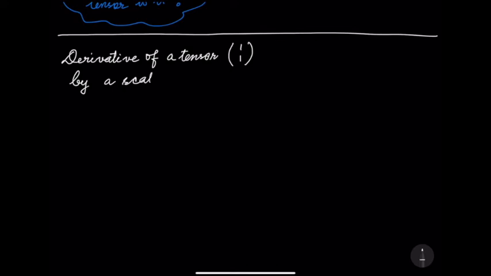So we consider derivative of a tensor, and just as an example, we choose the tensor to be 1, 1, and the derivative is by a scalar. Okay, so let's see what it will be. So the tensor is 1, 1, so this tensor I can write as